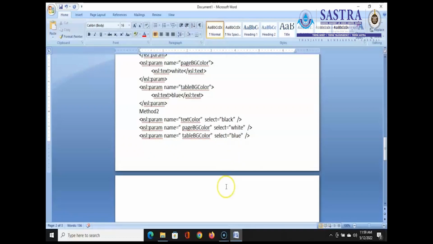And then we have to specify the XML document first, and then the XSLT we have defined, and the third one, the parameter value, is also supplied. After that, how the output looks, that we are going to see. After the transformation,